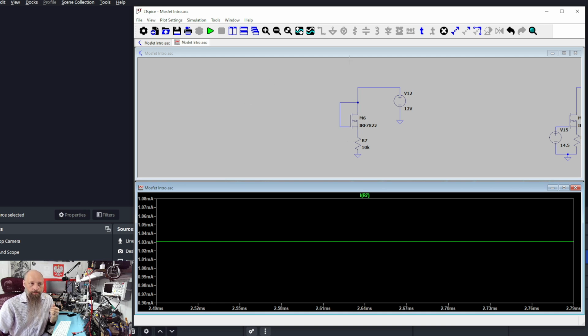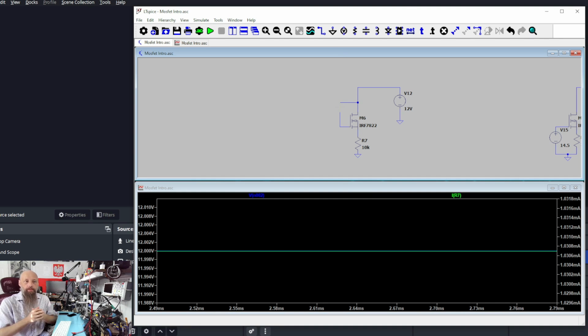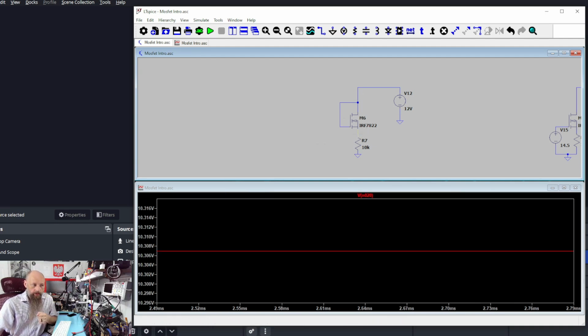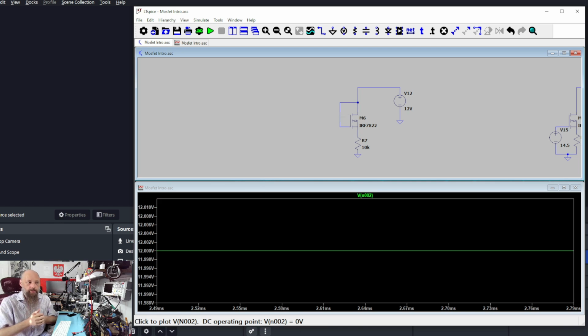So what's happening here? The same rule applies to MOSFETs as it does to bipolar transistors. The potential on the gate needs to be in reference to the source. And our source is at roughly 10.3, while our gate is at 12. So a little less than 2 volts on the gate in reference to the source, which means the transistor did not